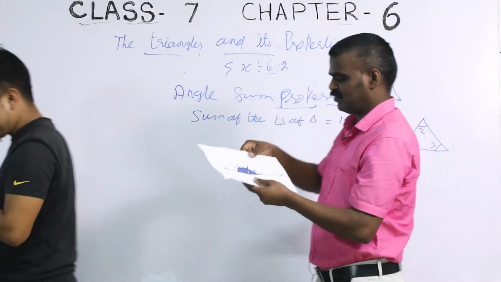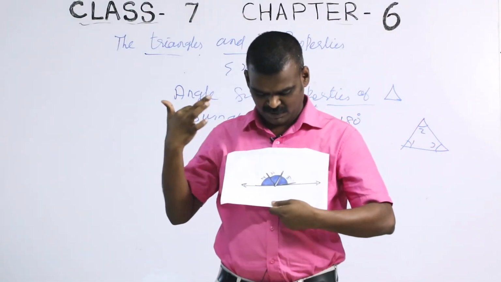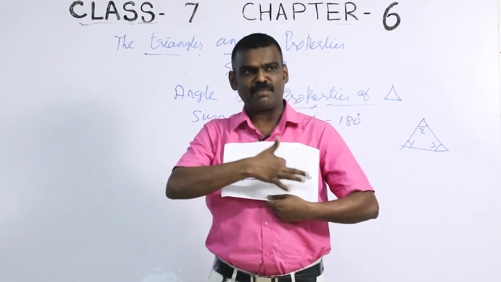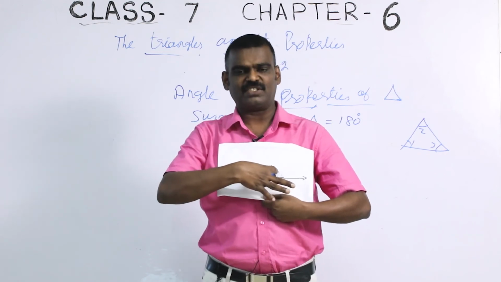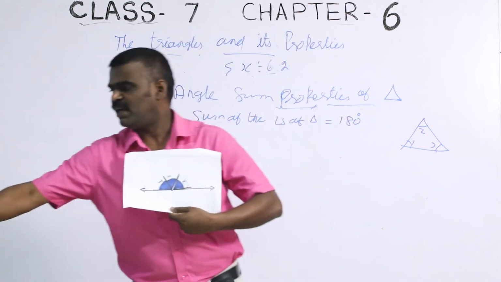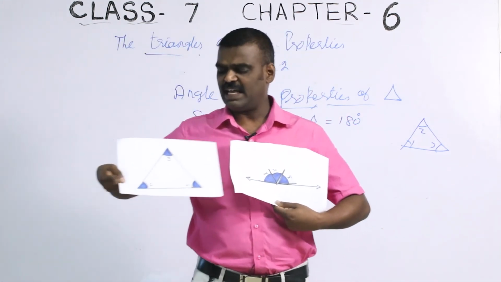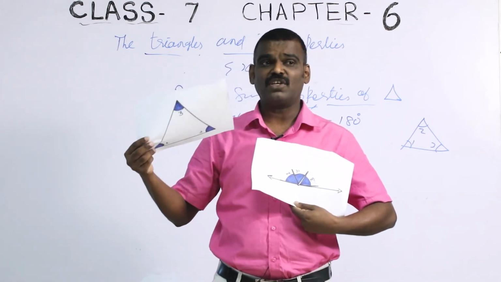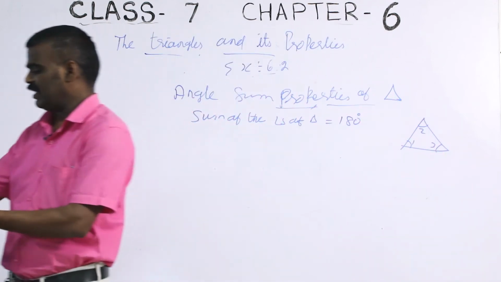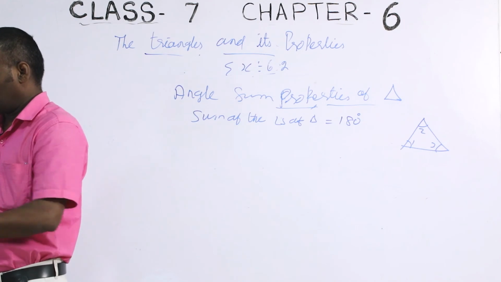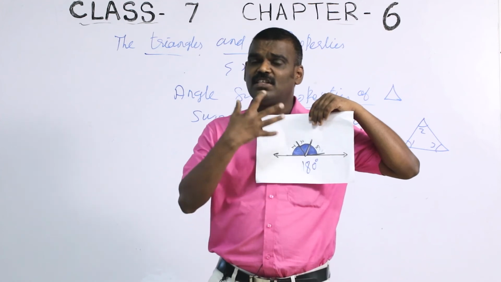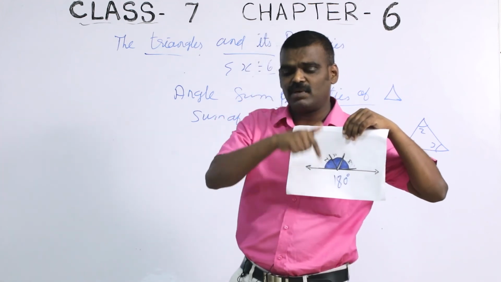Okay. Thank you, Mr. Charles. Now see, Charles has pasted all the three angles. Now it makes how many degrees? A straight angle is coming, right? All three angles pasted in such a way make how many degrees? 180 degrees. These three angles are coming from the triangle ABC. Yes or no? So the sum of these three angles together is how many degrees? 180 degrees. Okay, children, this is a very important question for Class 9.